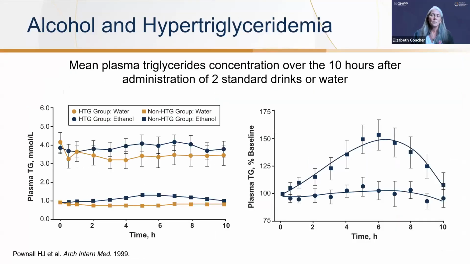The other thing we can see is triglycerides. If you look at the blue lines in particular, the blue lines with dots and the blue lines with squares, those are the main money points of this one. This is looking at the difference after you expose people who have hypertriglyceridemia or not. So the group that is in the squares on the top line on the right, when you gave them alcohol, even though they didn't have triglyceride elevation at baseline, they did when you gave them alcohol. So exposure to alcohol increases blood pressure, exposure to alcohol increases triglycerides.